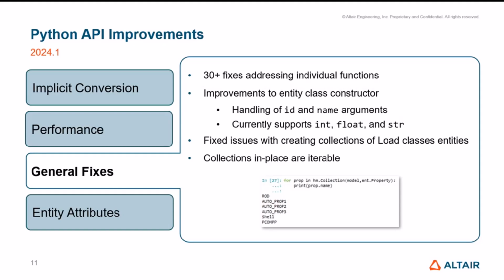We touched more than 30 individual functions and improved or corrected their behavior. As I said, it's still a very fresh layer that we are continuously trying to improve. And the entity class constructor had a few little things that we wanted to address. There were issues with IDs and name arguments. Namely, if you specified a non-existing ID or a name that matched the default name that HyperMesh uses for newly created entities, you could see some little things that prevented you from creating the entity,